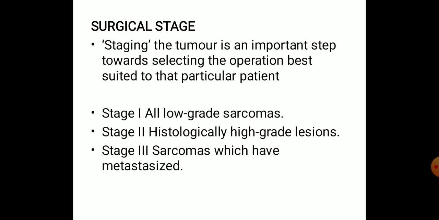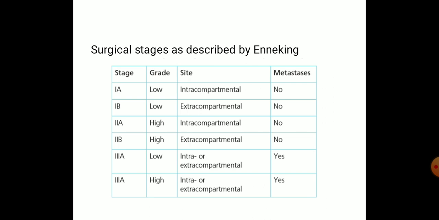And there is also something called surgical staging. So the surgical procedure is actually based on staging of this tumor. It is mainly for selecting which operation or which surgical procedure is best suited for this particular growth. So staging of tumor is an important step towards selecting the operation best suited for this particular patient or best suited for the stage of this particular tumor. So stage one is all low grade sarcomas, second one is histologically high grade lesions, and third stage is sarcoma which have metastasis. So these are the three stages which are commonly done